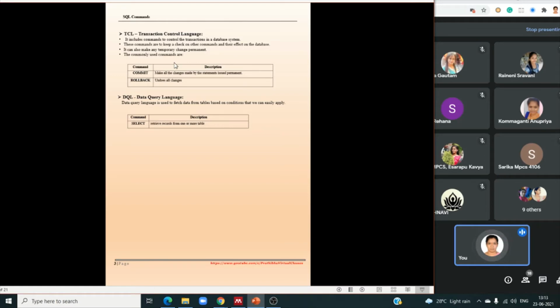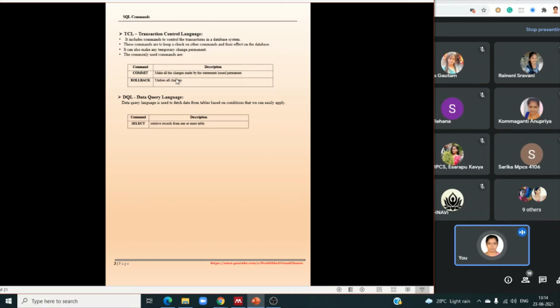Means we can make the changes temporarily or permanent by using these TCL commands.